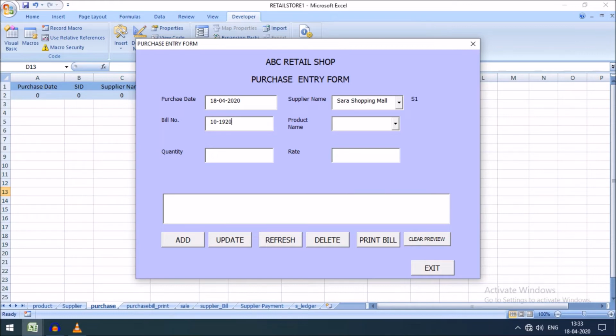Briefly we can write like this, 1920 financial year or 2021 financial year. Bill number 10, and product name say Atta, and quantity say 10, and rate 20 rupees per kilo, and if I add, see here the item has been added